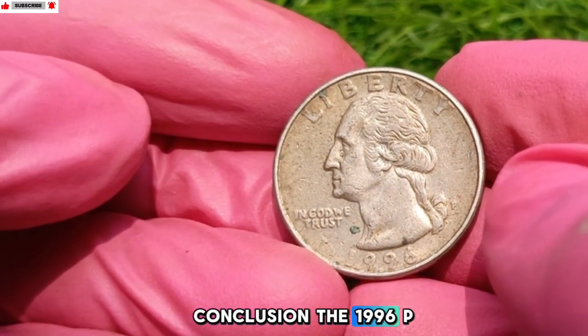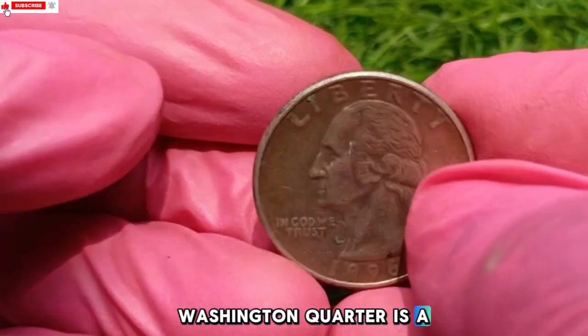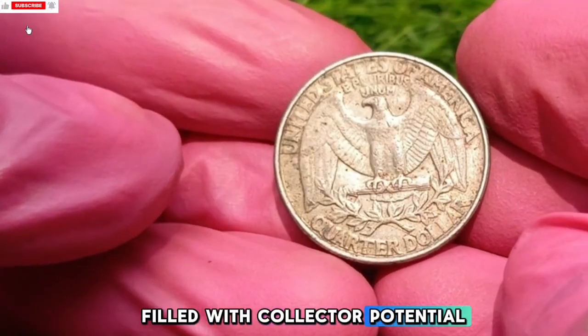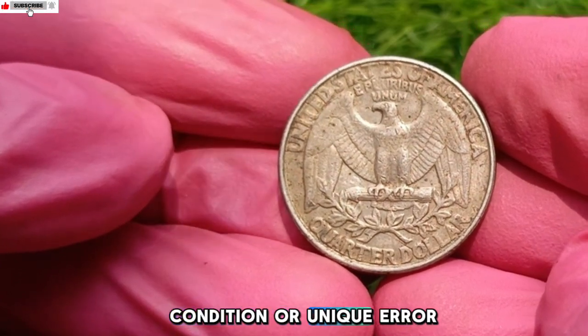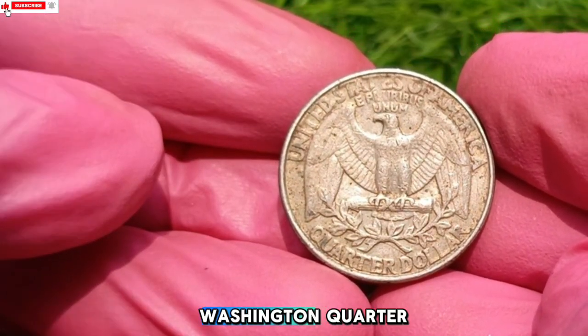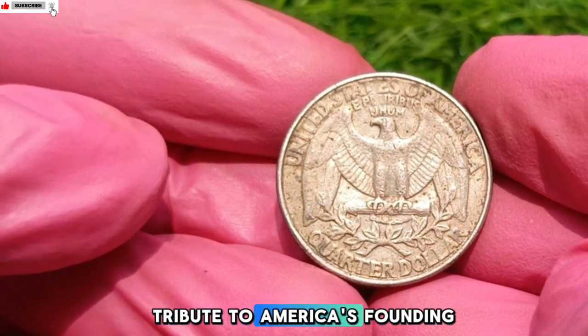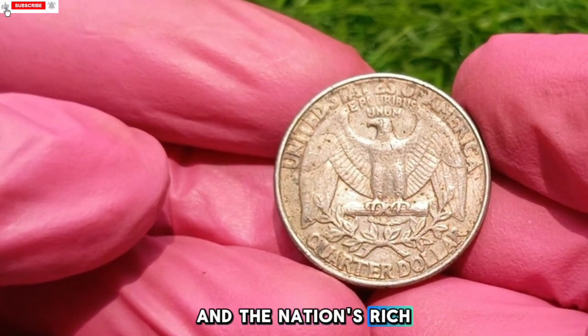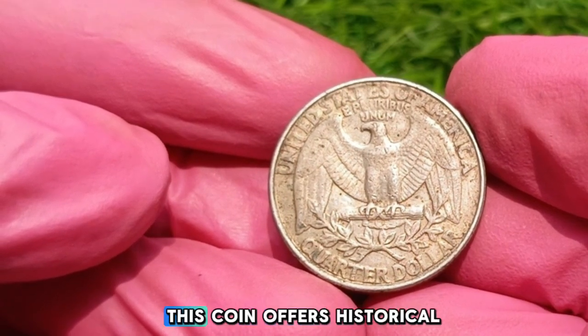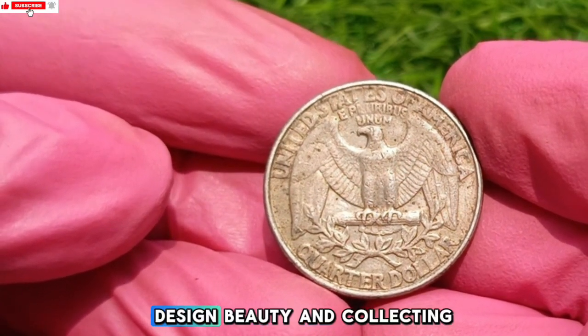Conclusion: the 1996 P Washington quarter is a piece of American monetary history, common in circulation, yet filled with collector potential when found in pristine condition or unique error varieties. The 1996 P Washington quarter stands as a lasting tribute to America's founding father and the nation's rich coinage tradition. Whether you're a seasoned numismatist or a curious beginner, this coin offers historical value, design beauty, and